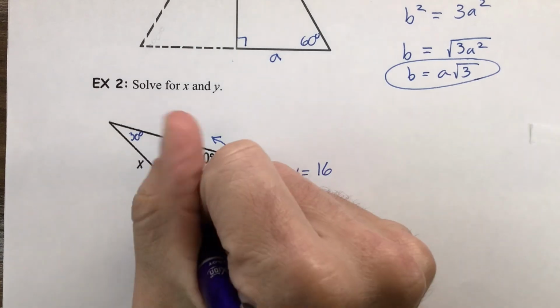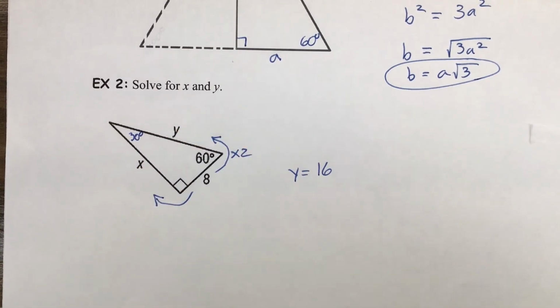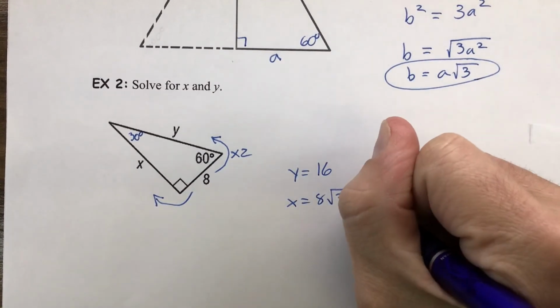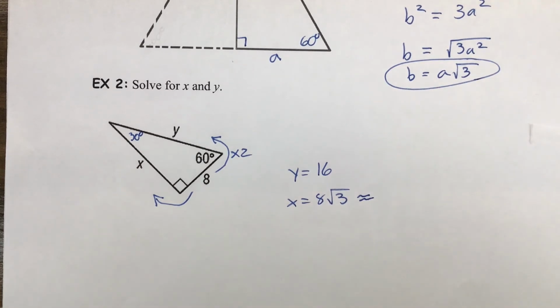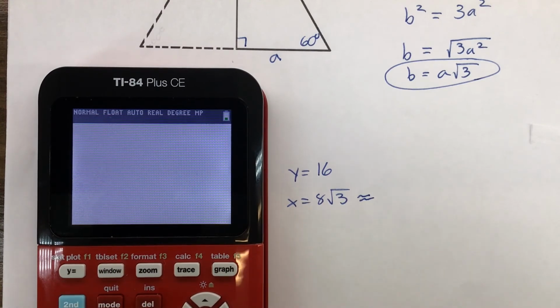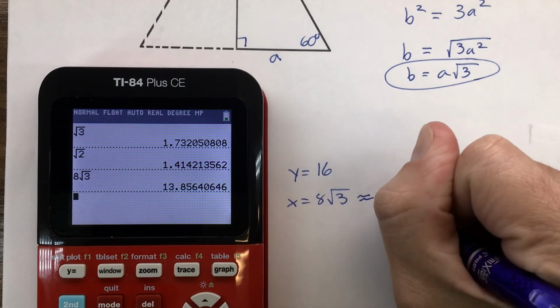All right, for the x, going that direction, what we'll need to do is multiply 8 by the square root of 3. Actually, before I type that in there, the square root of 3 itself is approximately 1.73. And remember that the square root of 2 is approximately 1.41. That is helpful information to be able to notice when it pops up in certain problems. All right, so 8 times the square root of 3 is going to give you,